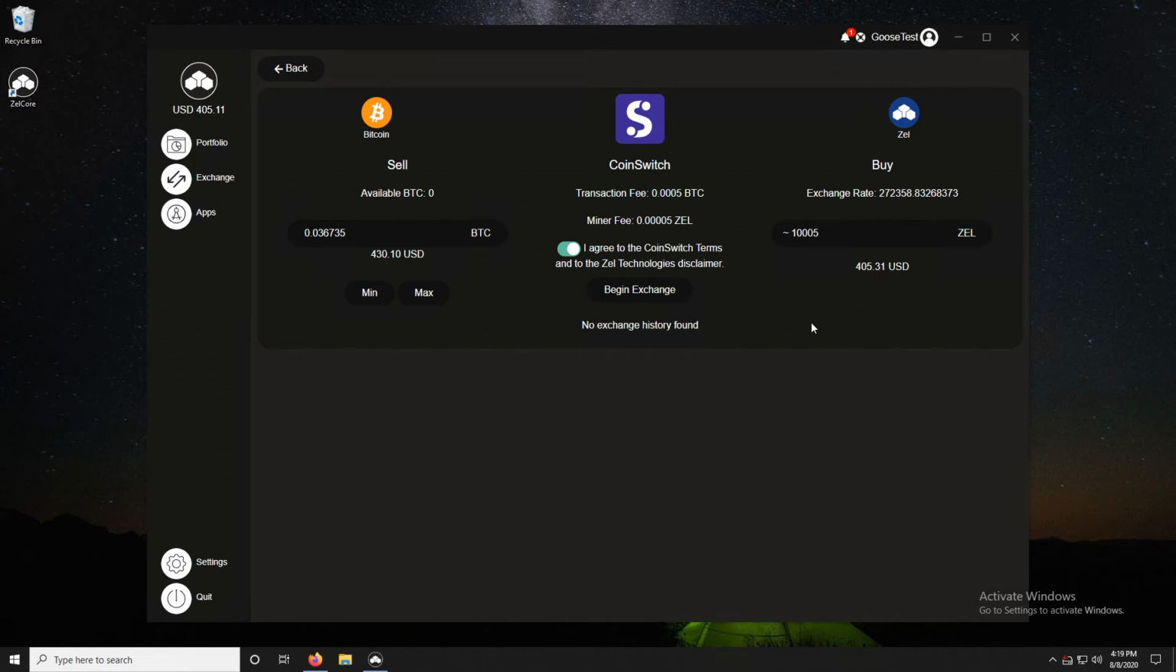That's the average turnaround time for a purchase through CoinSwitch. The nice thing about using this feature is that while there is a little bit of a premium to use it, this is an anonymous transaction. So the Bitcoin will go out to an exchange, they will purchase the Zel, send it back to your wallet,